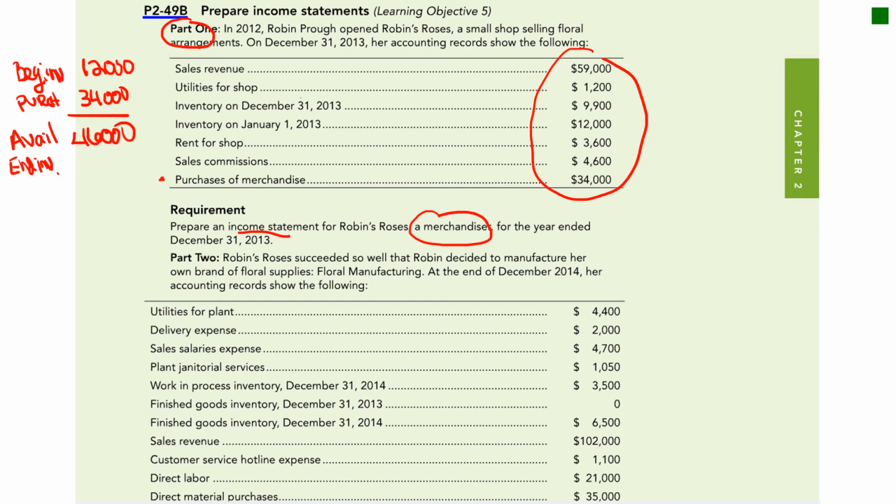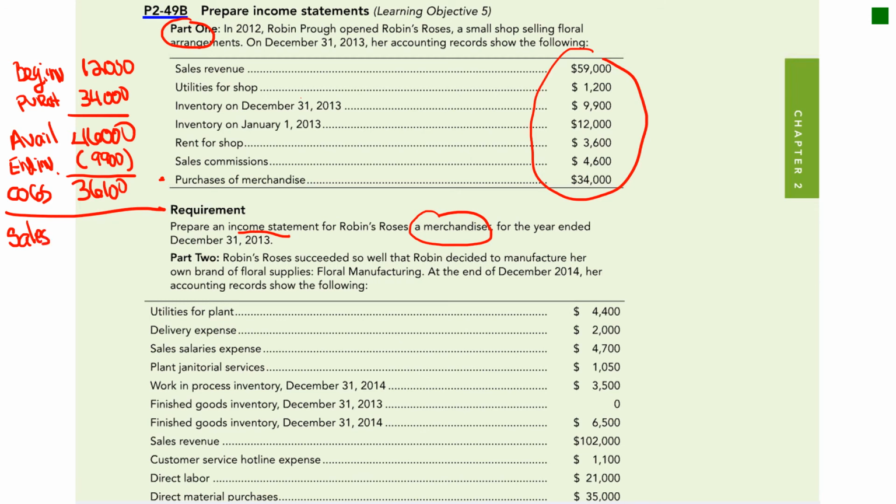So at December 31st, that would have been $9,900. So I'm going to put brackets around that to indicate we're going to subtract that. And after you subtract that, you're going to get $36,100. That's going to be your cost of goods sold. So now that we've got that, we can now put together your basic multi-step type of income statement, starting with